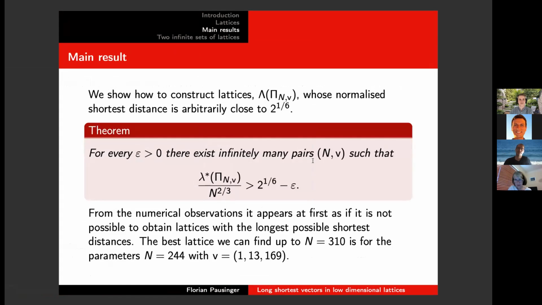The interesting thing is, as you might guess, because I'm talking about it, in the end, I managed to construct lattices whose normalized shortest distance is really arbitrarily close to this theoretical upper bound. So the theorem I managed to prove, and I will show you in a moment how I did that, is the following: that for every epsilon greater than 0, there exist infinitely many pairs n and v, so v is the generating vector, such that